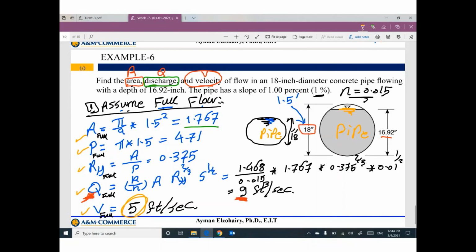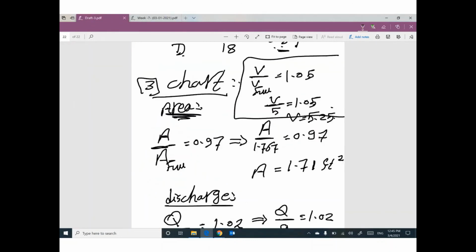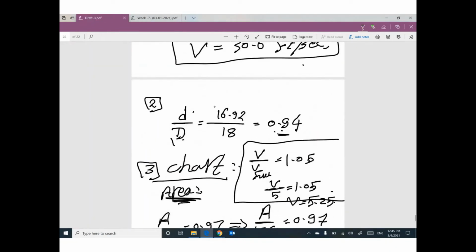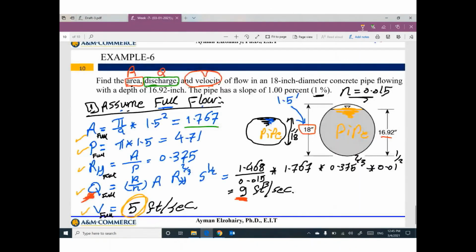Then how can I get these numbers for partial flow? It's very easy. Just get the ratio between water depth and the diameter. This number 0.94